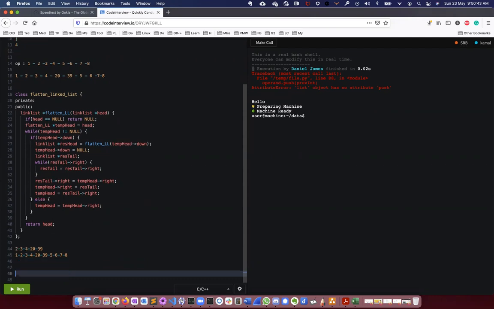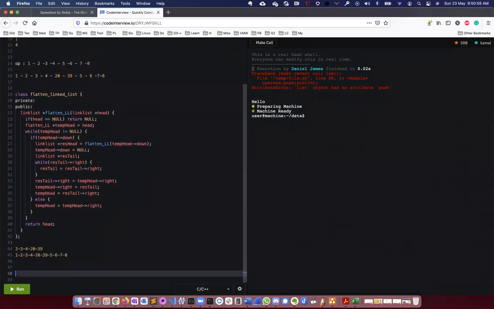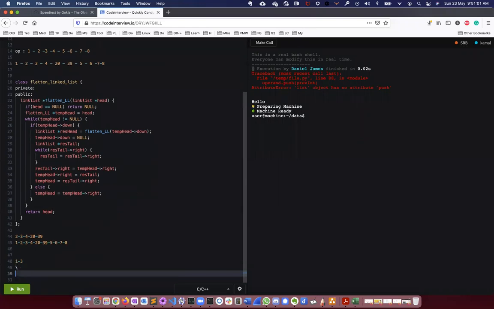So you want to write a test case and verify? Do you want me to write a simple test case for this? Okay, so 1, 3, and then down is 2. Let me take this example. Head is not equal to null, so nothing is going to happen here.